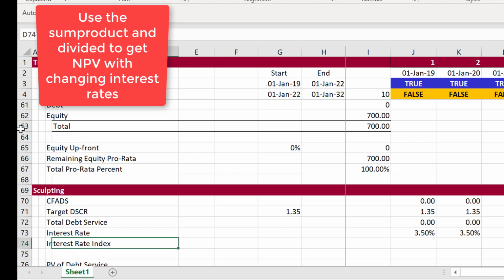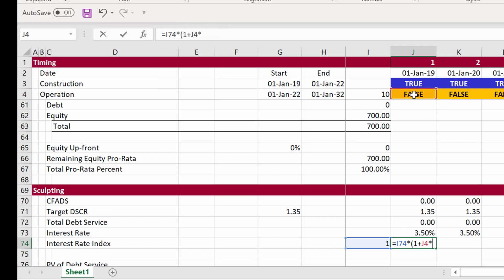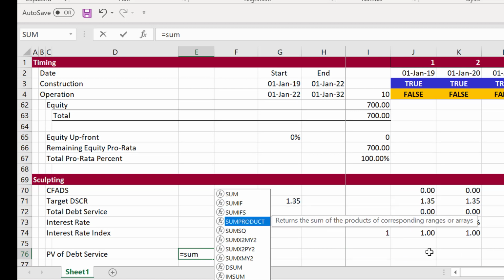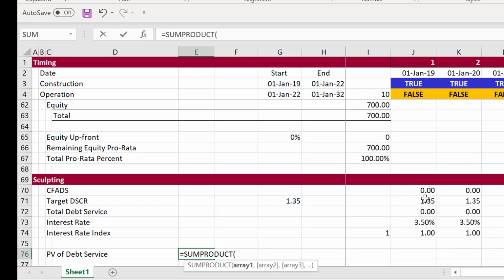Okay, I've missed some things. We can start with the number 1 and then go back to that number 1, and if it's the operation period, which, if you had a grace period, you would include, it would really be the debt repayment period times this. Now that gives us 1 until we hit the final number, and then the COD, and then we put sum product